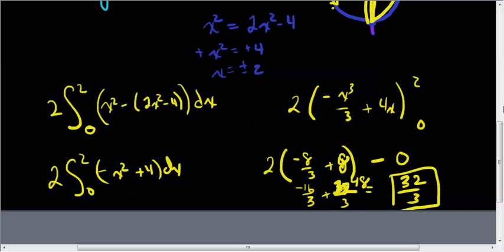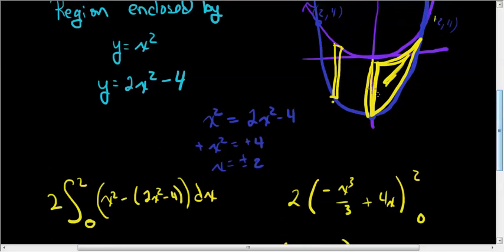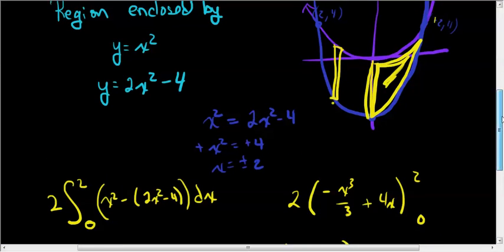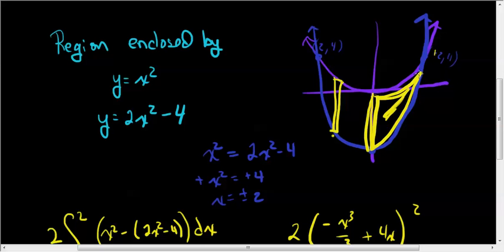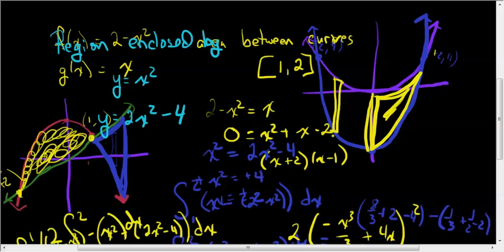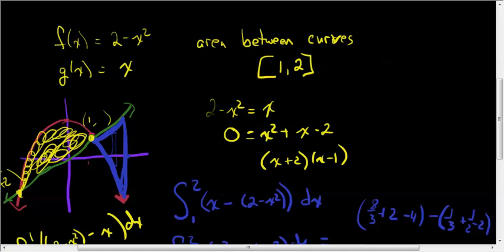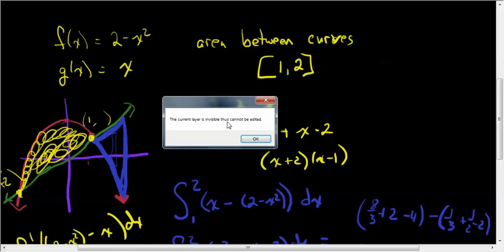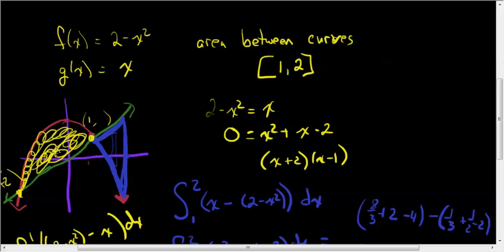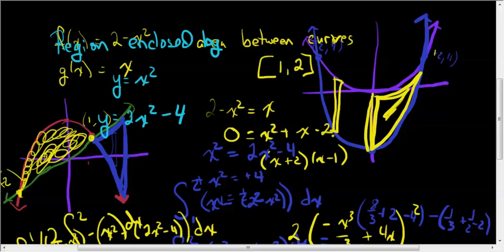All right, key idea here, upper minus lower. This particular one, I was able to do 2 times this. Now in the previous example, I wouldn't have been able to do that for this yellow region, right? Because it's not symmetric. So even though that parabola is symmetric, that region is not. So you have to be very careful when you decide to take the shortcuts. All right? Okay, so let's get rid of that one, get rid of that one, and we'll go up here